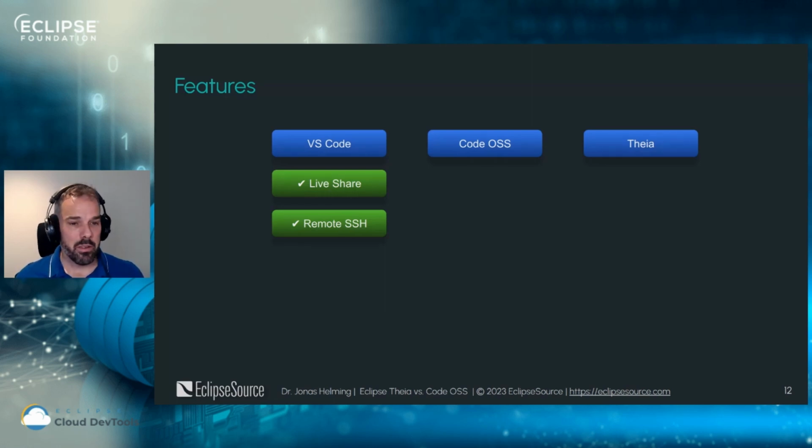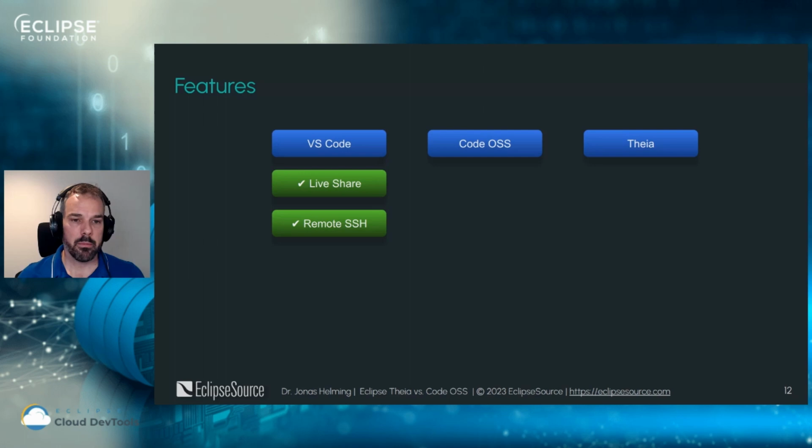Disclaimer, I cannot mention all the differences. I just want to mention a few examples to actually show you a trend and something that you should watch. There are two features in VS Code that are interesting in this comparison. Live Share, the ability to connect different devices and work collaboratively, like in Google Docs, and remote SSH support, which means you can connect your local IDE to a remote container and do the development